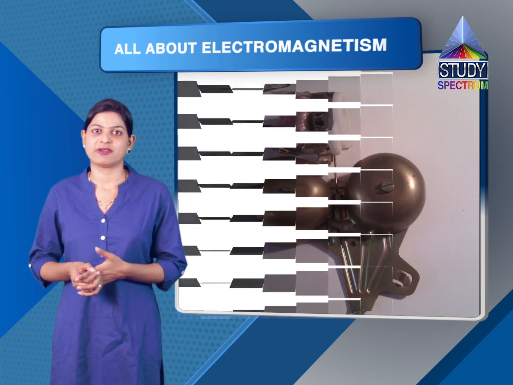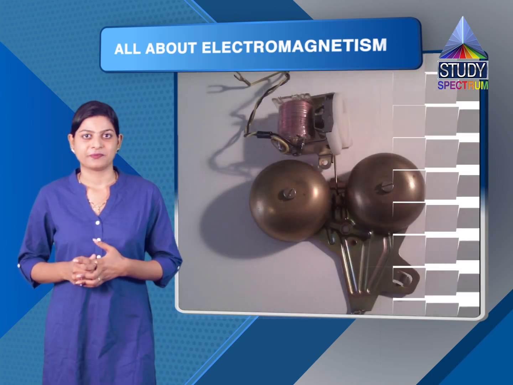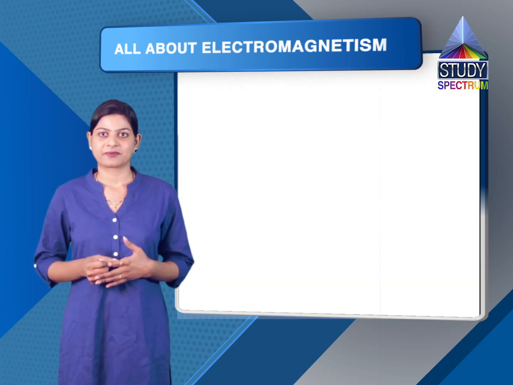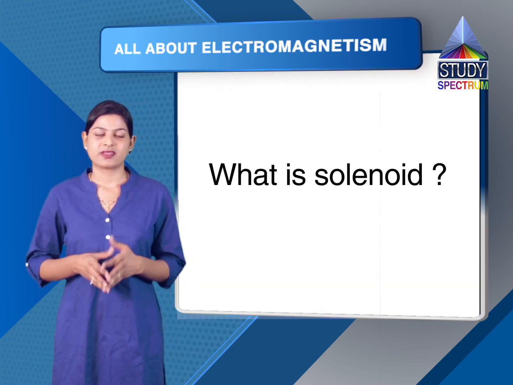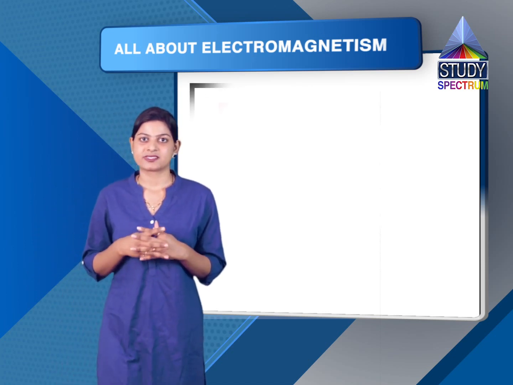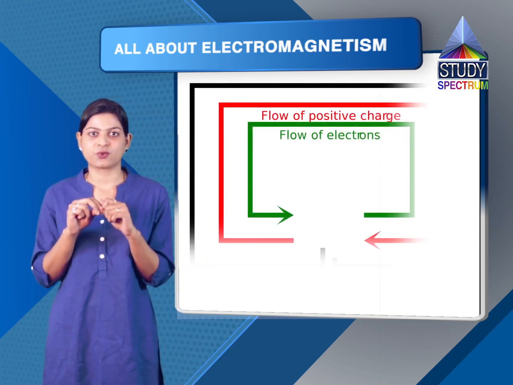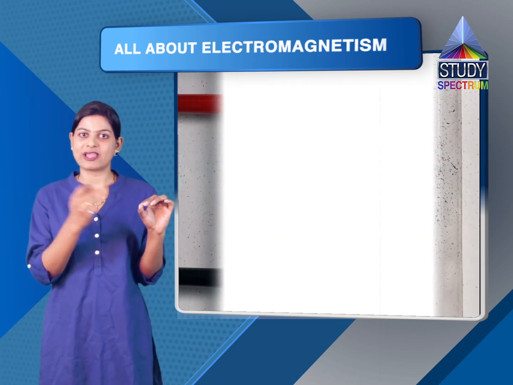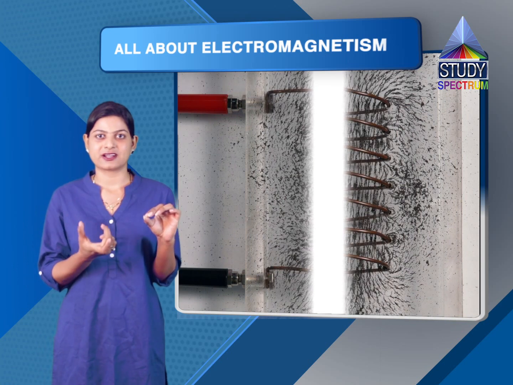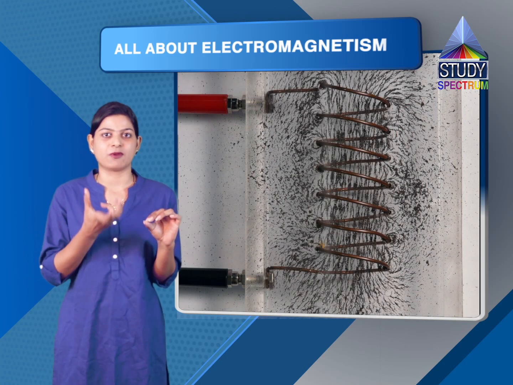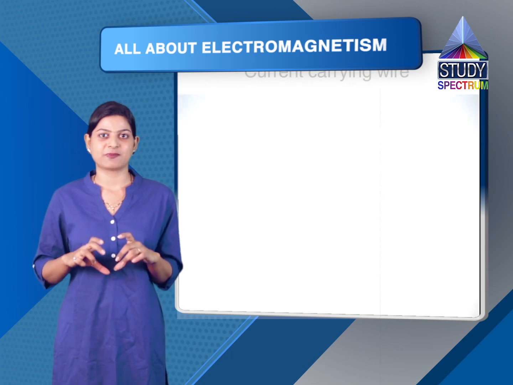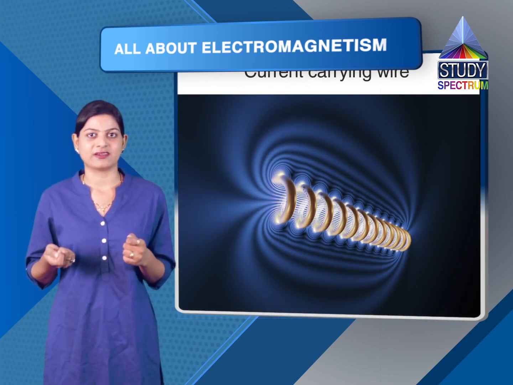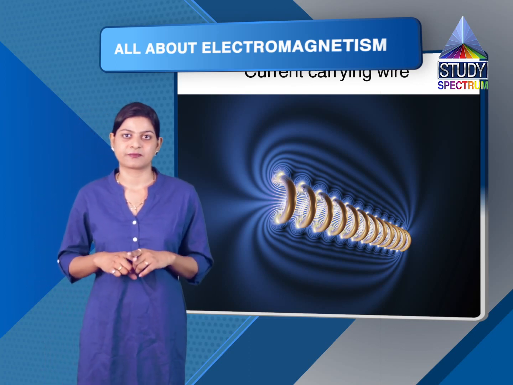With the same arrangement, an electric bell also works. In the electric bell, the current is passed. There is a solenoid. Now what is a solenoid? Suppose electric current is passing through a wire. If we coil that wire on a conductor, or we say on a metal block, such an arrangement of a metal block coiled with a current carrying wire is called a solenoid.